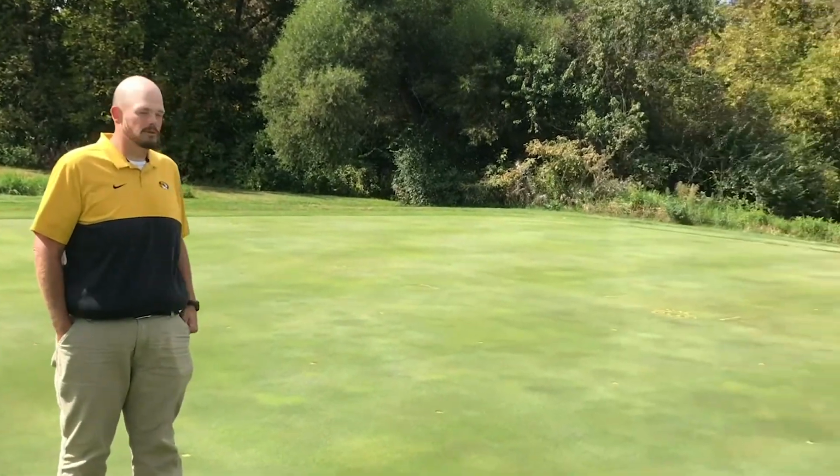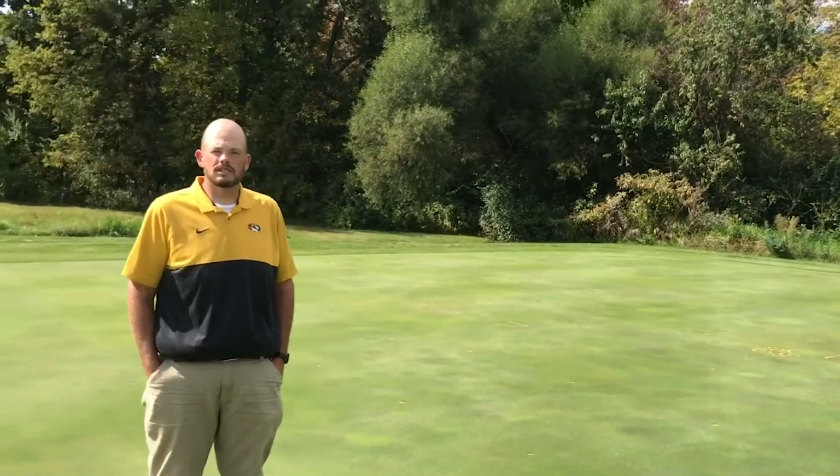MU South Farms. We have about 28 acres worth of turf grasses out here with quite a variety from both warm season and cool season turf grasses. Our warm season grasses, we focus mainly on zoysia grass and Bermuda, but our cool season turf grasses, we focus a lot of our research on tall fescue, Kentucky bluegrass, and perennial rye. But as you can see behind us here, we also have creeping bentgrass, which we would typically find on a